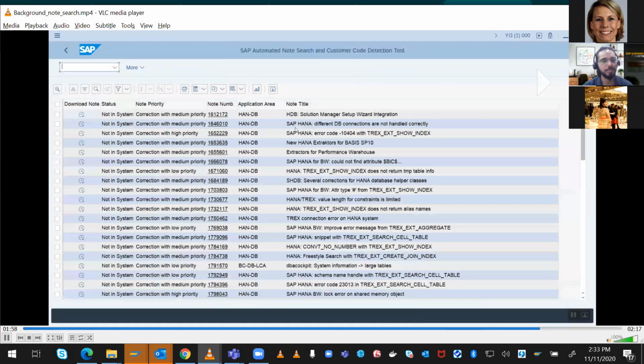In this one you also have an option to download the note. We can see the status, if the note is in the system or not, the priority, the note number, and the application area the note belongs to. So we can also navigate to the note by double clicking on the note number link. It will navigate to the SAP Launchpad. So this way